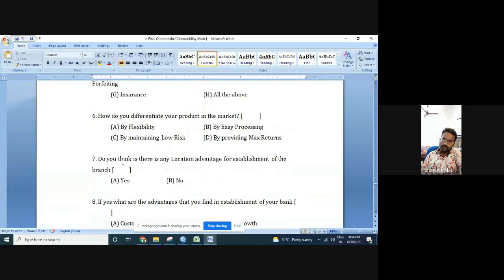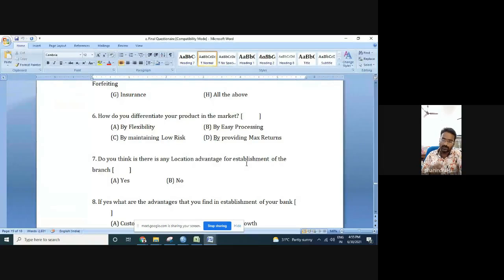See, do you think there is any locational advantage for the establishment of your branch? You are establishing a new branch near the Bullikonda Vagdevi College. But if you are not connected with the Vagdevi College, its students or employees, then there are no people who will come there to open accounts from distant places. Only the people who belong to Bullikonda village will come forward. And if an international bank comes there, there are various restrictions regarding minimum deposit amounts and minimum maintenance balances. People will not come forward to select that type of bank.